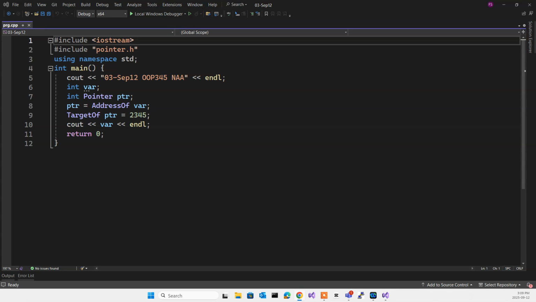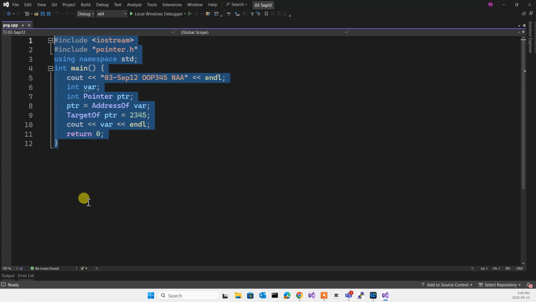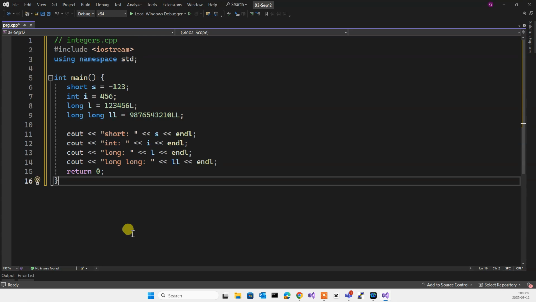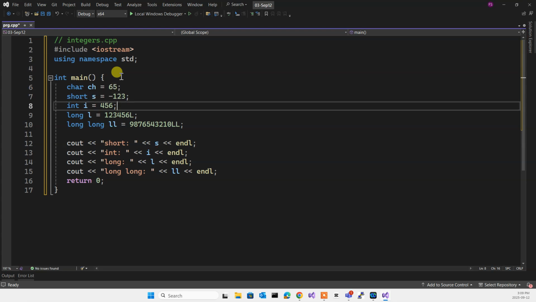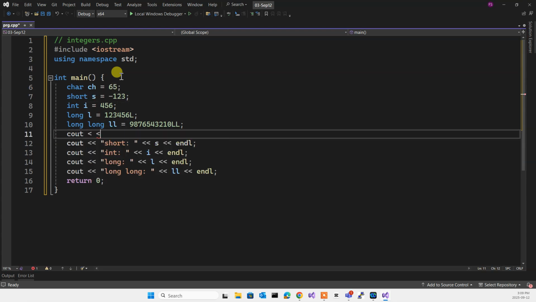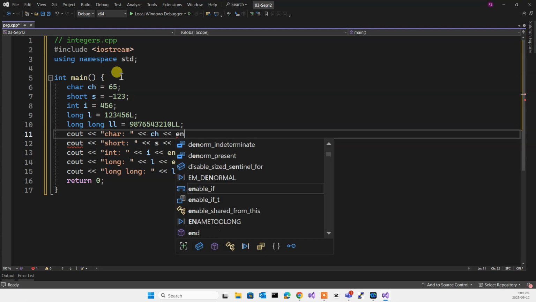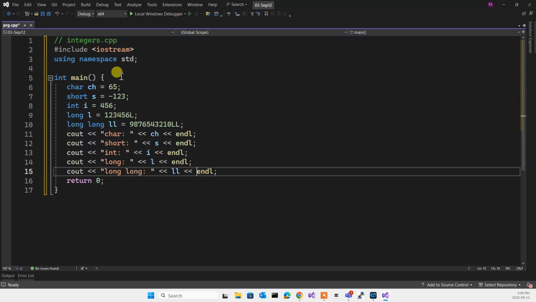The very first one that we need to deal with are, obviously, integers. In here, I seriously need to add this, just to have the emphasis that character is nothing but an integer. Okay?